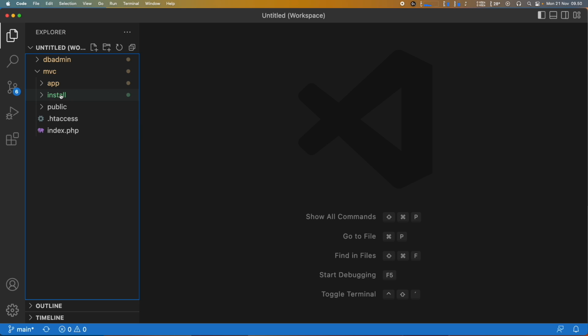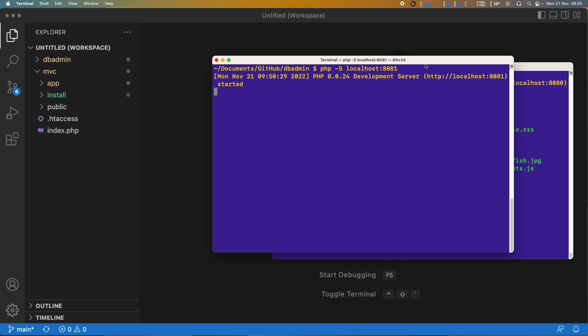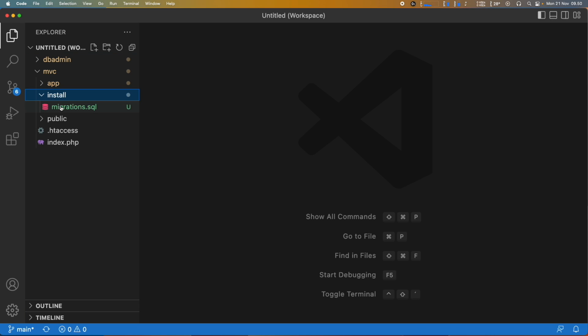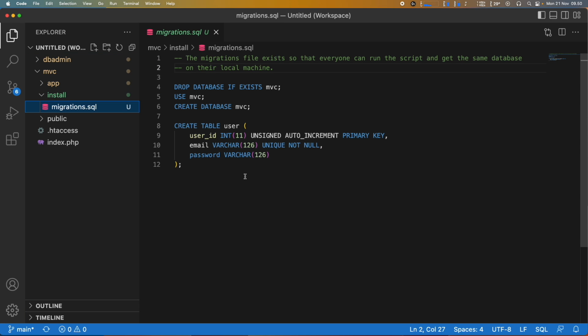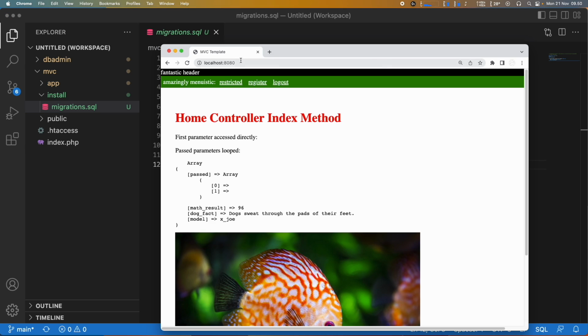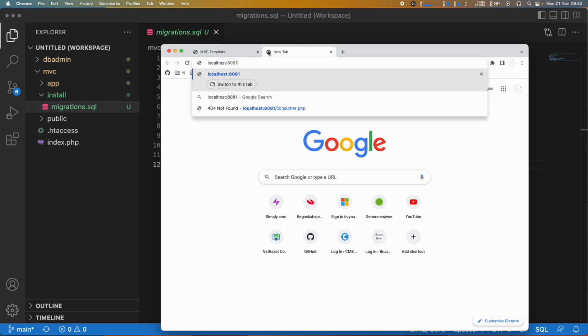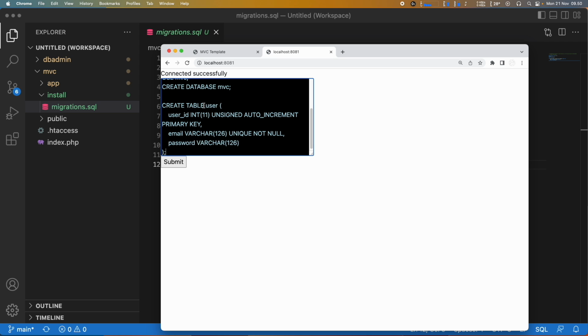So in order to get everything to work, we started the PHP session inside of this folder, but I'm going to start another PHP session in this other folder on port 8081. Because inside of my install folder, I have this migrations file that contains the things that I need in order to get this project up and running. And I'll want to update this as I go along. But for now, let me jump onto localhost port 8081,